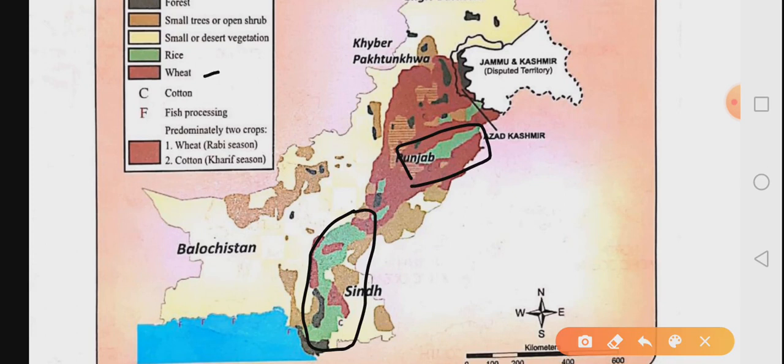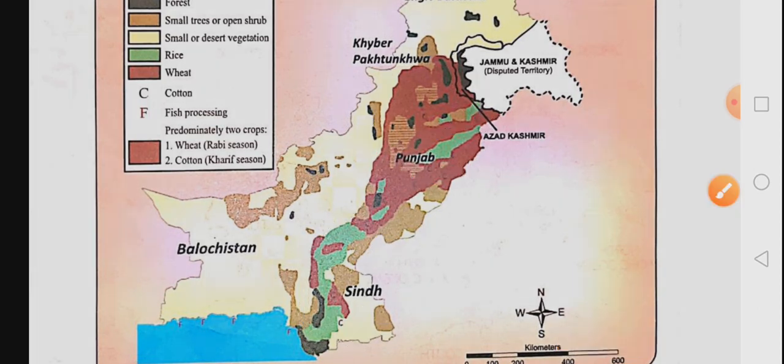This color stands for the wheat, and you can see that this area of the Punjab, Upper Punjab, is the area where we can grow wheat in Rabi season. And then the crop in the Kharif season. There are two seasons. One is the Rabi season, another one is the Kharif season. Rabi season is the season that falls during the winter time period, and cotton is grown in the Kharif season. There are basically two seasons, and in both of these seasons we grow different types of the crop.